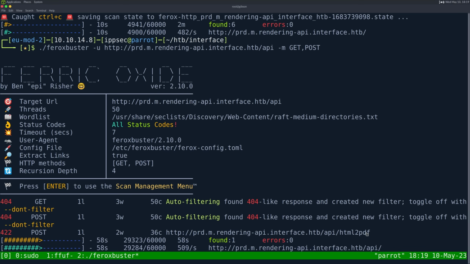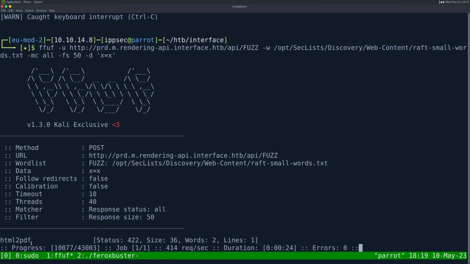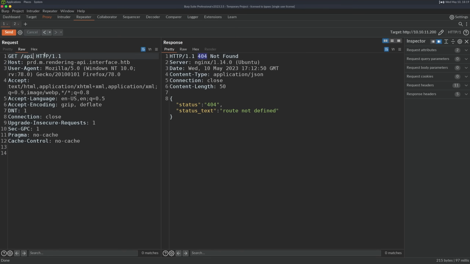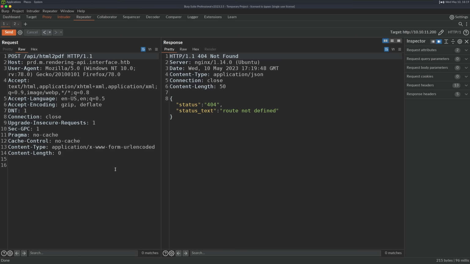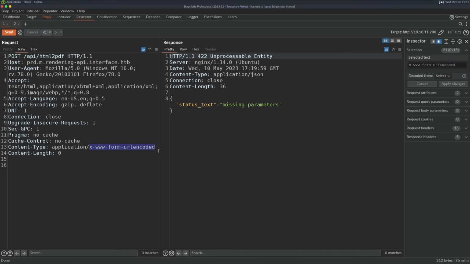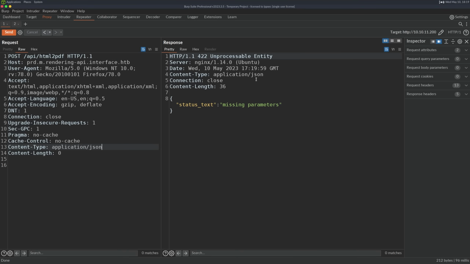And FeroxBuster has found html-to-pdf. So we could cheat, and FUF found it as well. So that is in both raft-small-words and the dictionaries, right? So if we do a GET on /html-to-pdf, we get that 404, which is annoying, right? But if we change the request method to a POST, we get missing parameters, right? And whenever doing any type of data, it's telling us application/json, we should match the content type and then